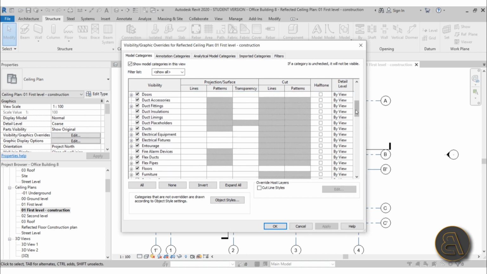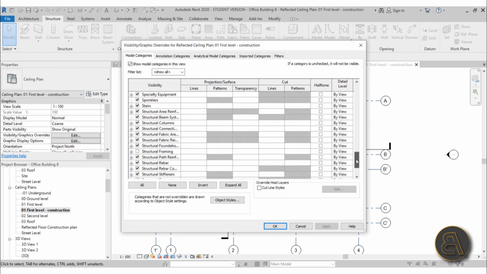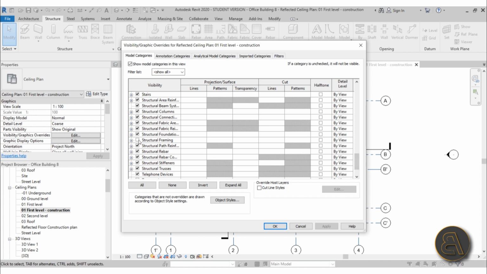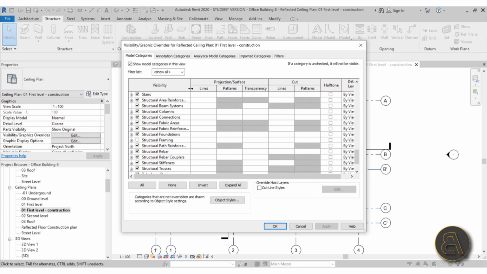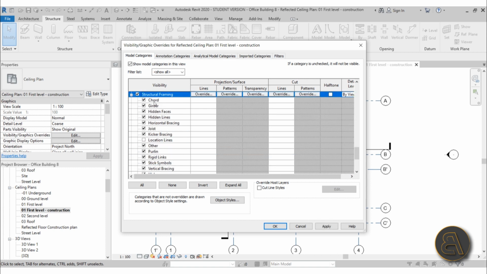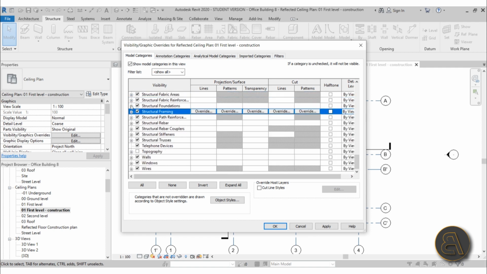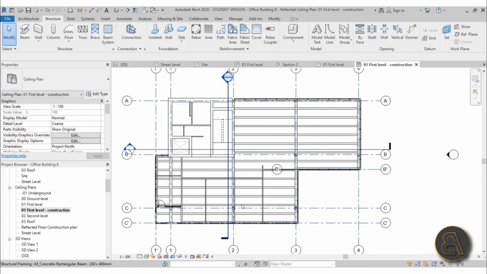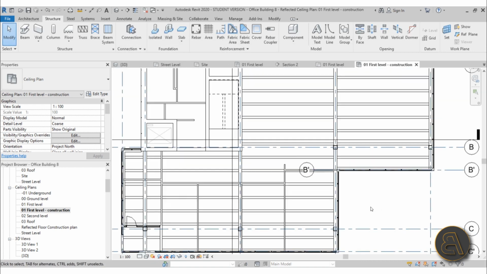scroll down into structural elements, and here we have all of these structural elements, but the structural framing is turned off. Now structural framing, most of beams and beam systems, that's all categorized as structural framing, so I should turn that back on. Here, as you can see, those are all the types of beams. So if I just check that on, hit apply, okay, and now we can actually see it,